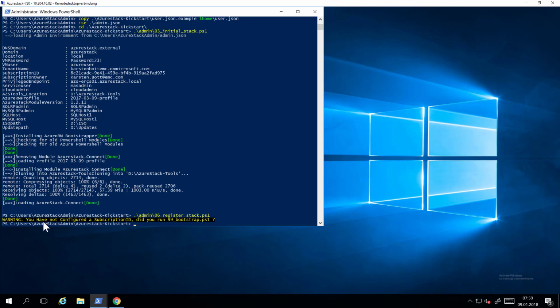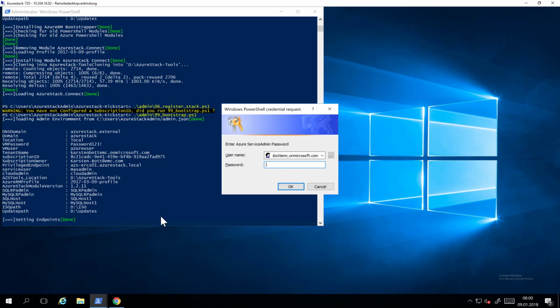And it tells me that we have not yet configured a subscription ID, or that we have not run bootstrap.ps1. So we run the 99 bootstrap.ps1, which will load the variables into our session,